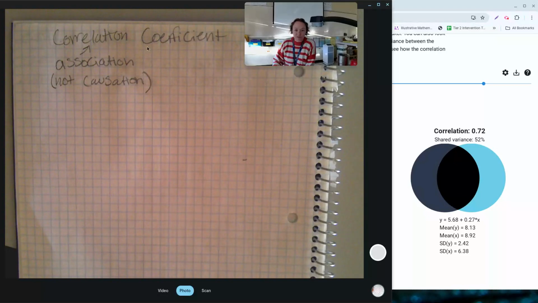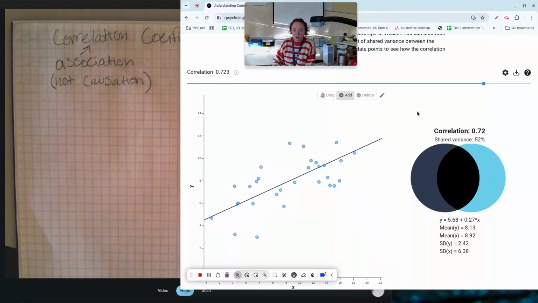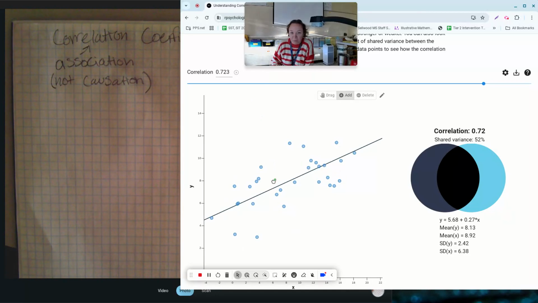Okay, so we're going to leave this ready. We're going to come back and write on it in a minute. For right now, we are going to look at this little graph here. So if you look up the top, you'll see right now we have a correlation of 0.723. And if you look at this scatter plot, I've got a little dragger here, and I want you to watch what happens. So I'm going to move this to the right,